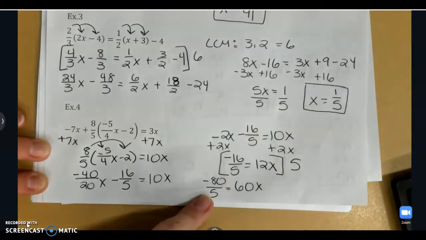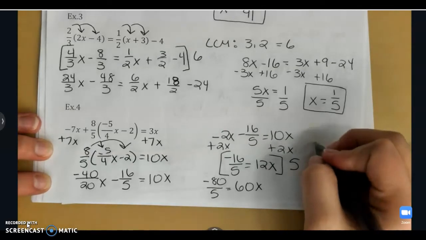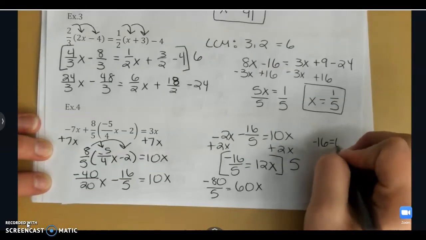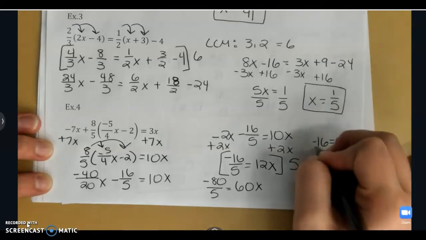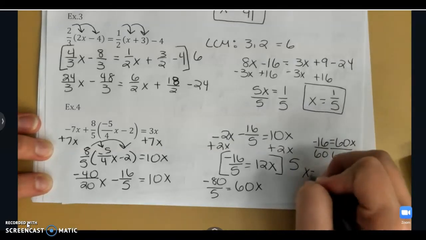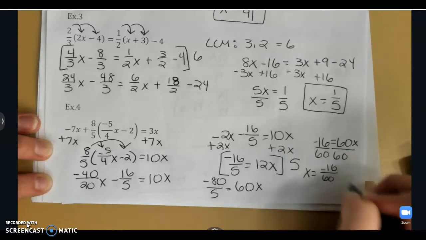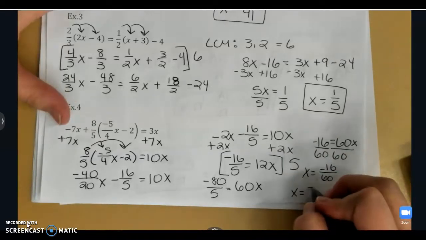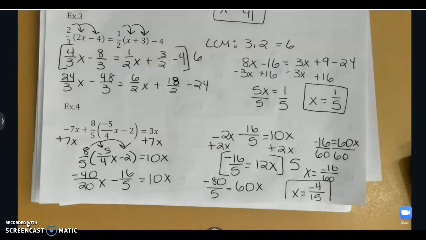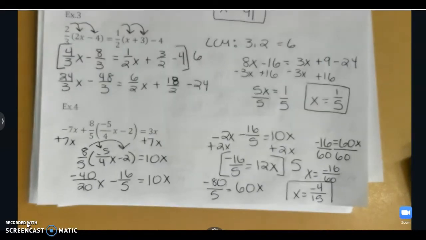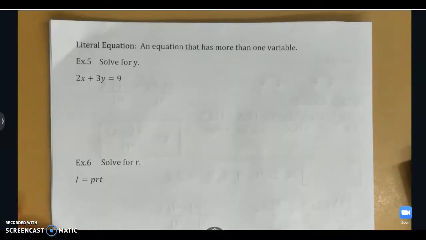Now negative 80 over 5 reduces to negative 16. And I'm going to divide. So x is negative 16 over 60, which reduces to negative 4 over 15. And we're just going to leave it as a fraction. Onto the back side,